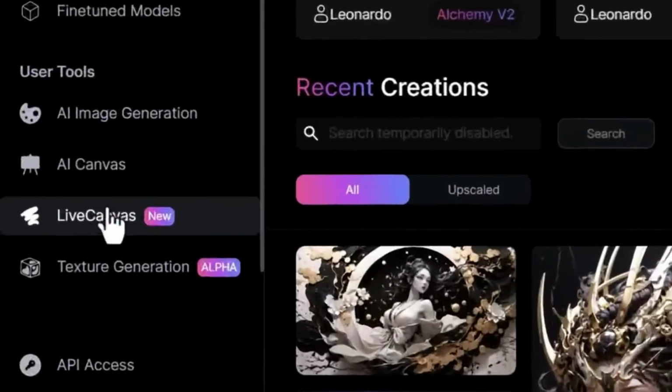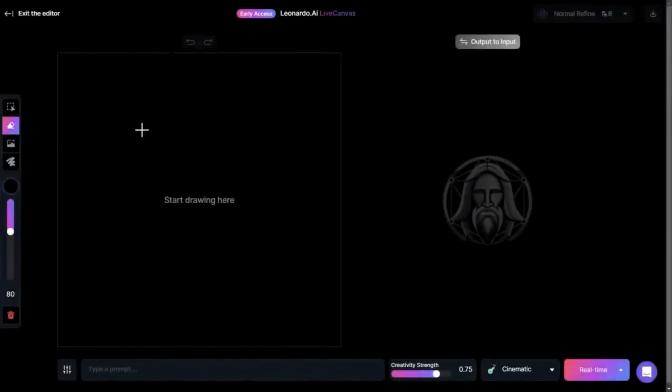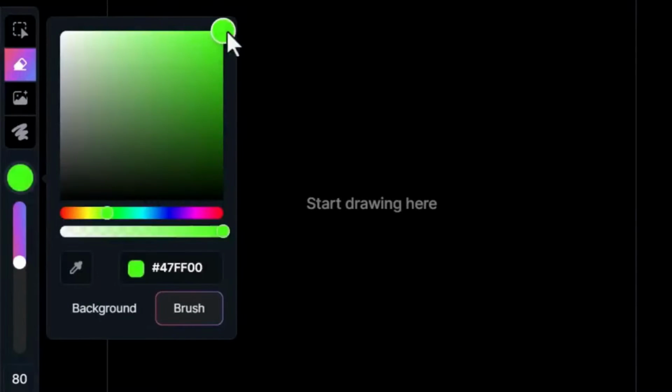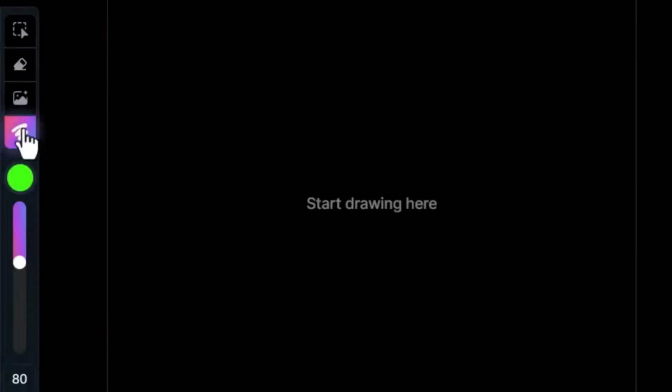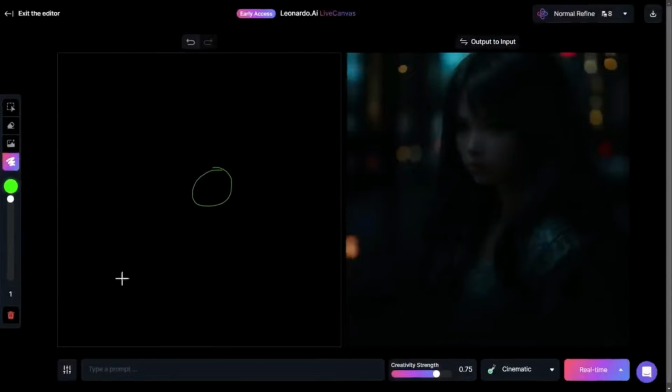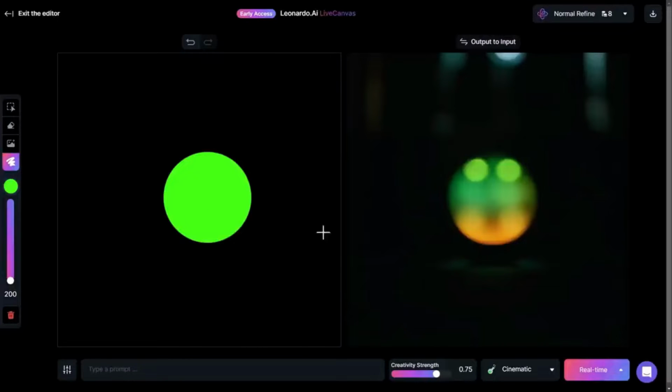So let me give you guys an in-depth example of this amazing feature, which is real-time canvas. I click on real-time canvas, and over here we have a start drawing area. From here, you can select brushes. First of all, let's say I select a green brush. For the brush size, I make it a bit small, and I create something over here. As you guys can see, it's already creating something as an output. And if I increase the brush size all the way to the maximum and put a green dot over here,